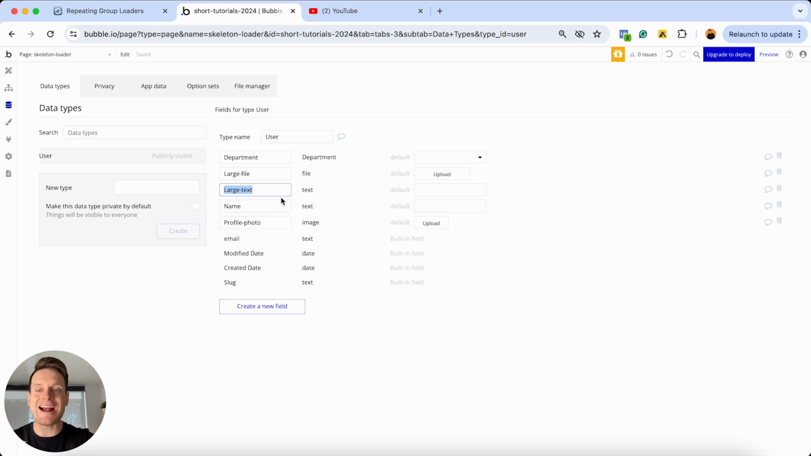And the reason I've added these on my user data type is because I intentionally just want to try and slow it down for this tutorial. When you've got lots of heavy data fields under one data type, this is where you're going to start to see performance issues inside of your Bubble app. Now look, today I'm not here to teach you how to optimize your database. I have other